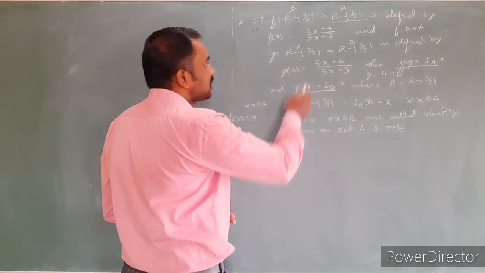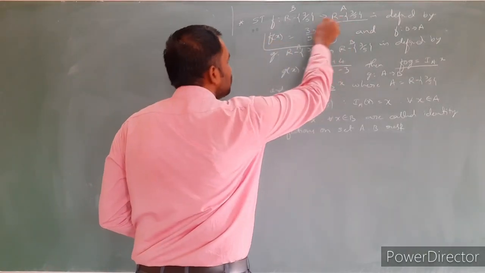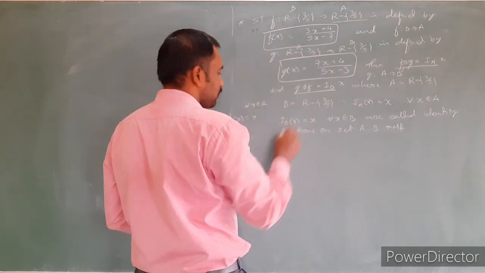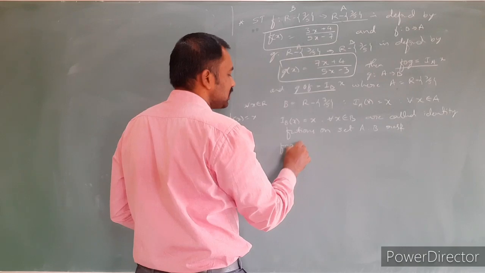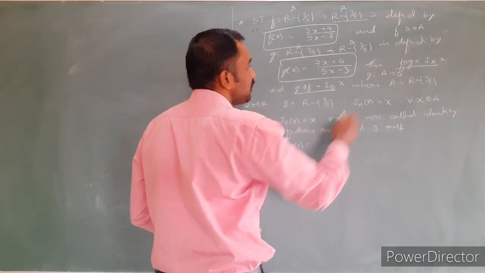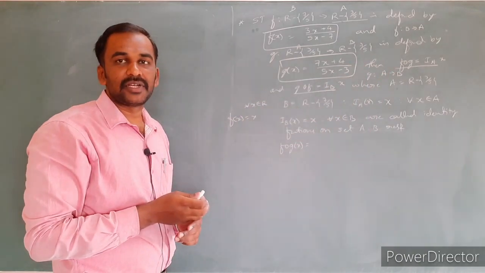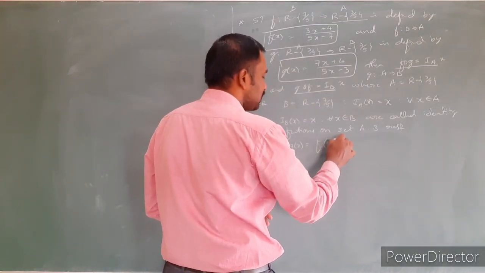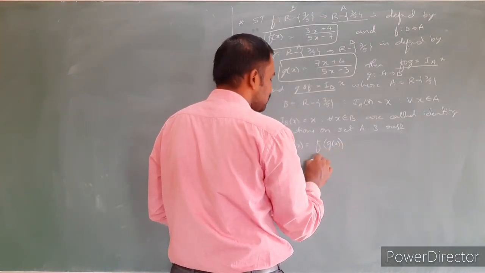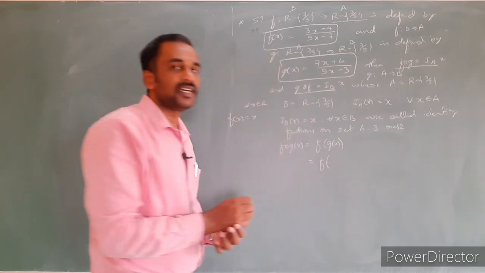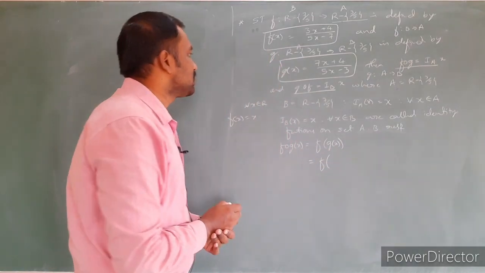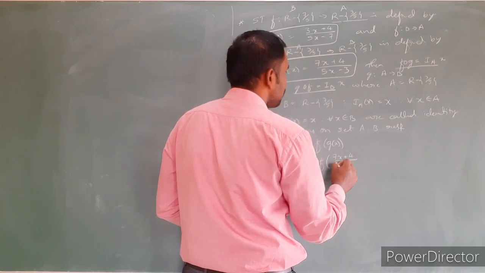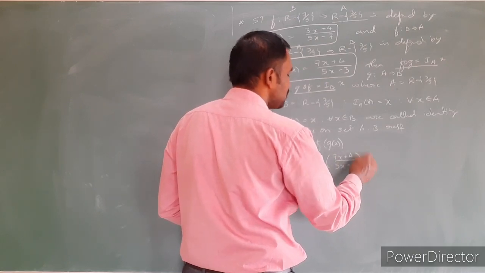If you need, you can rewrite the f(x) and g(x) values. First of all, I am trying to find (f circle g)(x). On simplifying, I need to get x. (f circle g)(x) is nothing but f(g(x)). Very simple: first replace g(x), which is (7x + 4)/(5x - 3).